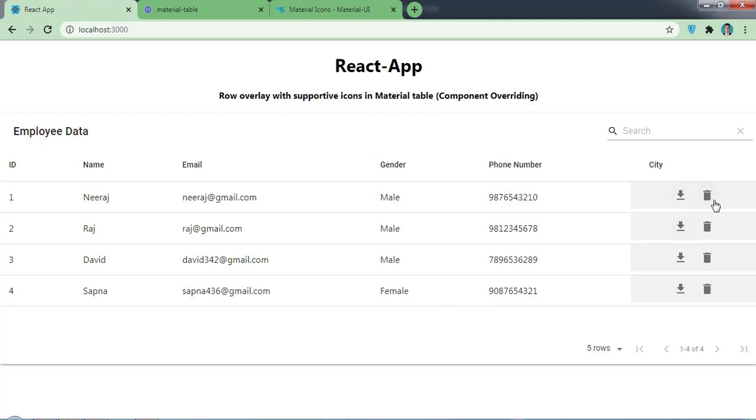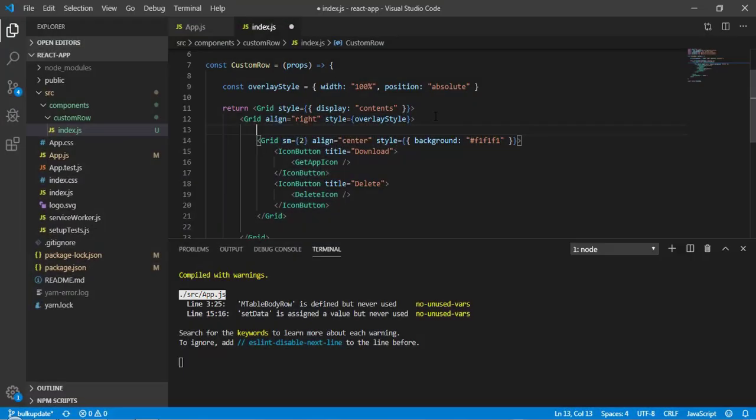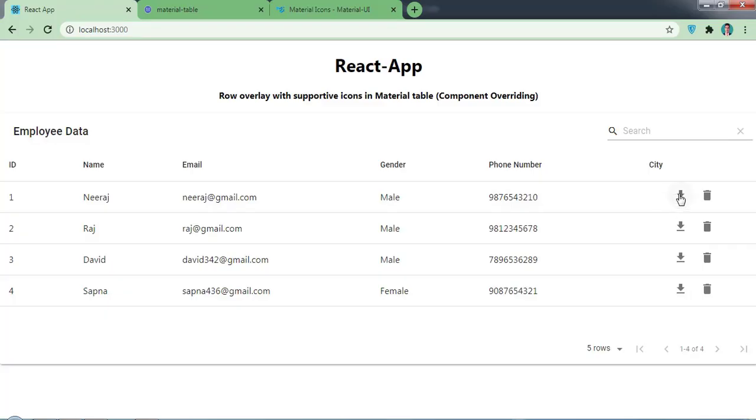So now here as you can see we are getting such a nice effect. Okay, so we have here our div is getting a start, and here in the middle we have our icons. Okay, here we have one grid. Inside this grid we have another grid, and here we have defined a small width equal to 2. That means it's going to take only 2 out of 12. And we are setting this one to right. Now let's make this color white only. Okay, now save it. So now you can see the value of city has been hidden here.